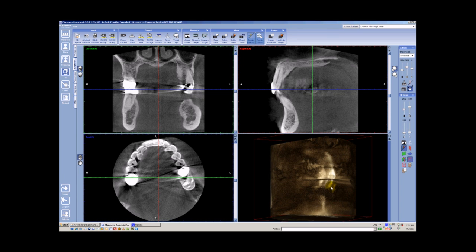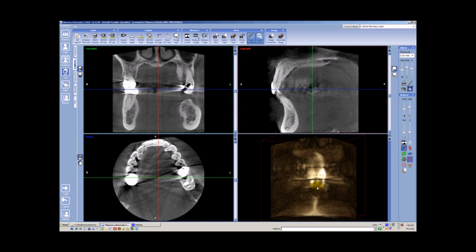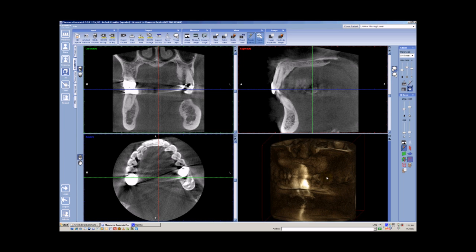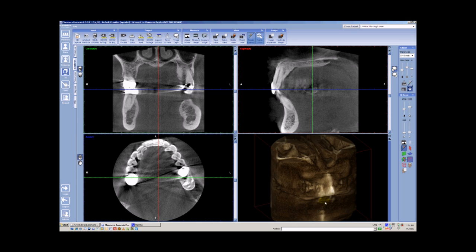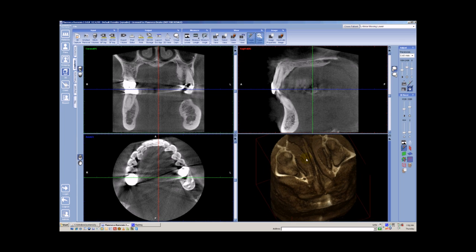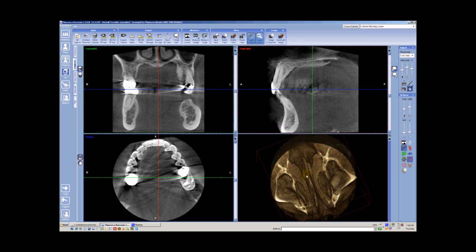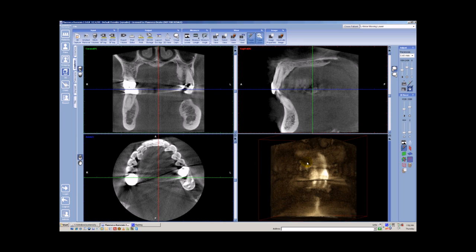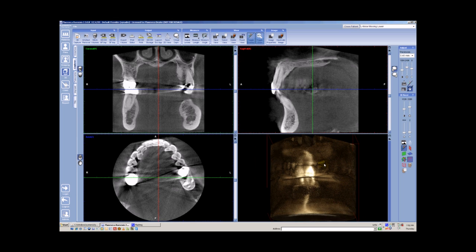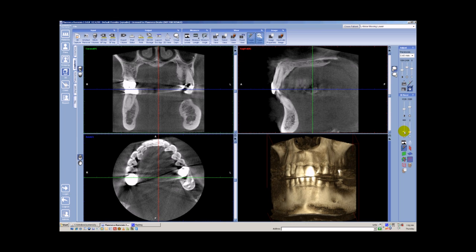In this particular case, by increasing this thresholding, or decreasing the thresholding, I should say, we can bring in all the soft tissue around the bone and the teeth. This presents a very cloudy look in the three-dimensional volume. But most likely we're not very interested in the tissue that's around the bone. So then by increasing the thresholding value, we can start peeling that tissue away basically and get down to more of the bone